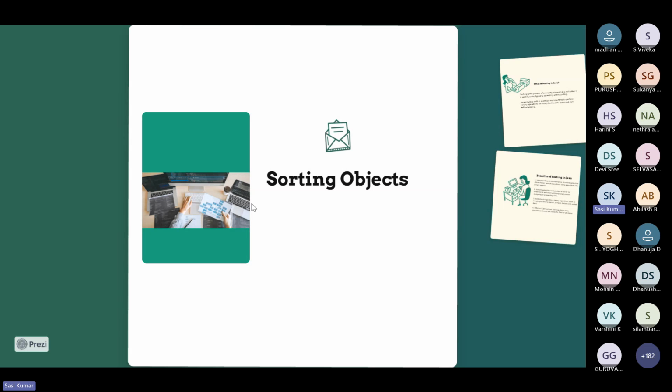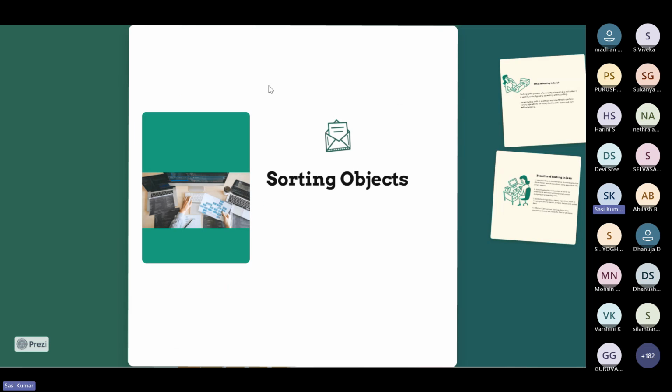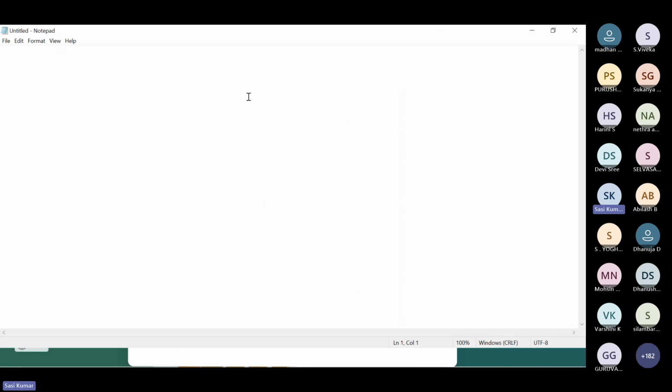Say for example, you have integer numbers like 40, 50, 30, 10 and 20. There are different types of sorting: bubble sort, merge sort, insertion sort, selection sort. If I want to sort it in ascending order,